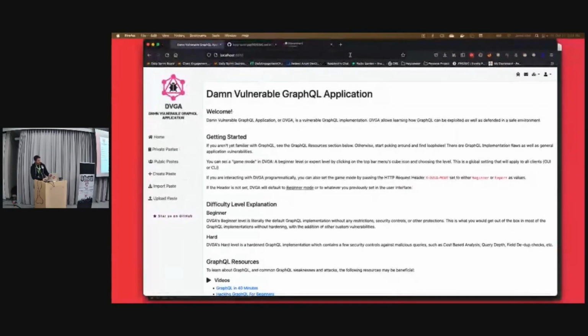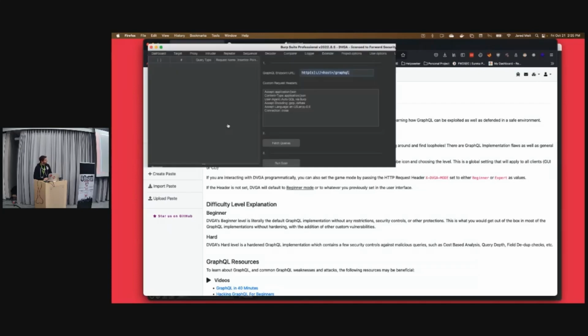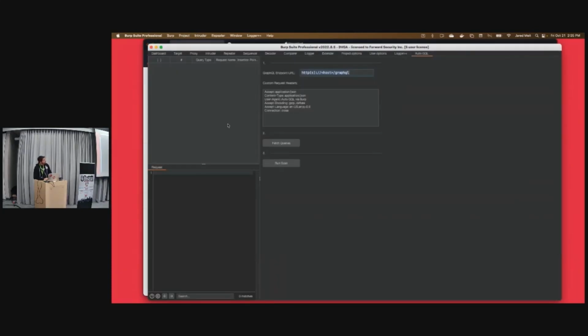Okay, Damn Vulnerable GraphQL application. So you see it's kind of like a paste bin. They made a fake paste bin website, and it all just uses GraphQL. So you can have private paste, public paste, create them, import them, upload them, all sorts of cool stuff. And in the back end, it's vulnerable to injection attacks. That's sort of the point. So I'm going to put in the URL for that, which is